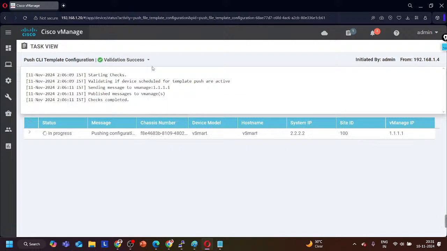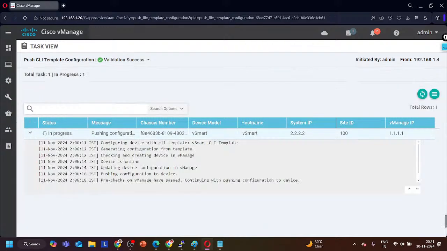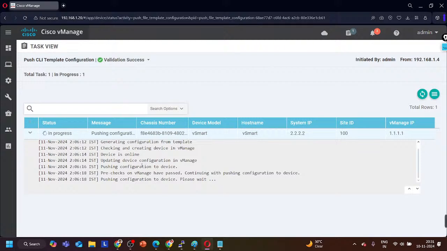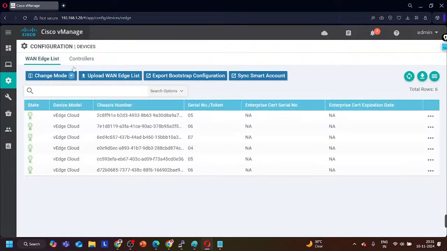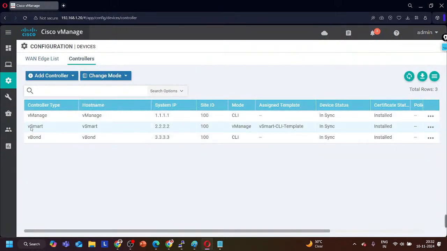You can see validation succeed. Now it is pushing the template. Pushing configuration to device. Wait. Now you can see succeed. Done. So now if you will check devices and controller, you can see mode of your vSmart is changed to